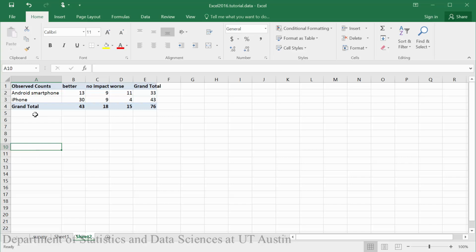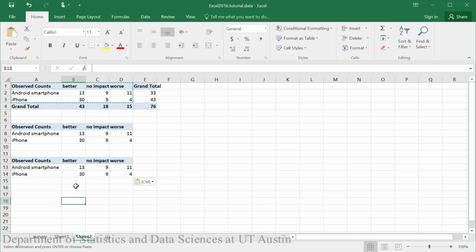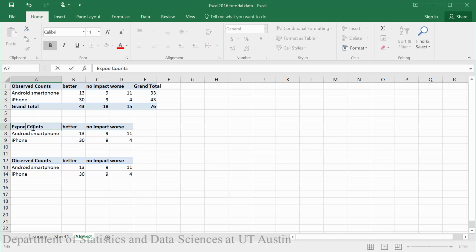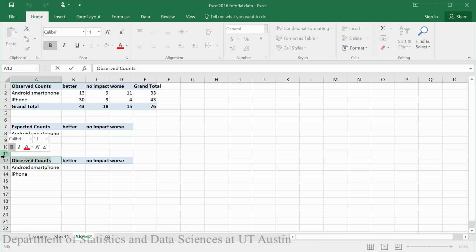The next thing we need to do is copy this table several times, as we will use it to create our other tables. So we'll copy, excluding the grand total, twice. Now we can rename our tables. This will be our table of expected counts, and we can go ahead and delete the values that we had here originally. And then we can delete the values from our final table, which will be the table where we calculate